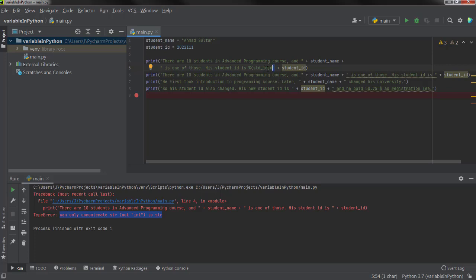But here I have just defined another temporary variable, you can say. So now I have to tell the compiler to replace this variable with a value. So I have to define the value now.